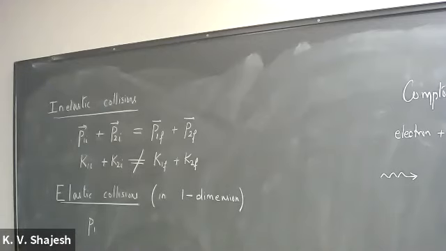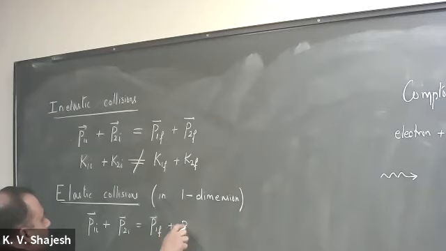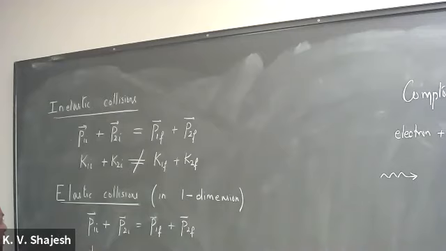So in that sense, I don't have to write the vector signs, but if I were to still write it, P1 initial plus P2 initial is equal to P1 final plus P2 final. When I write it in terms of the velocity, I will take off the vector signs because plus or minus is the only thing needed when you're traveling in one direction. So it's K1 initial plus